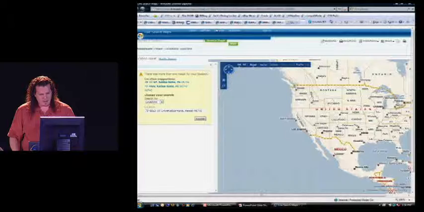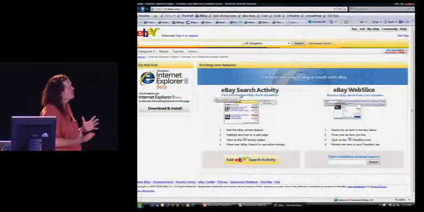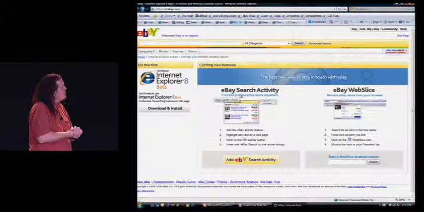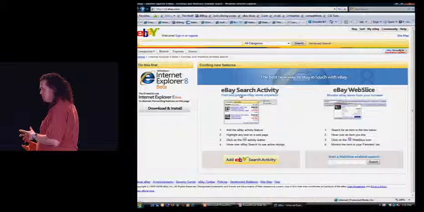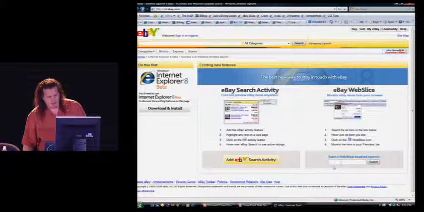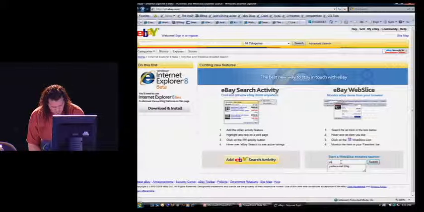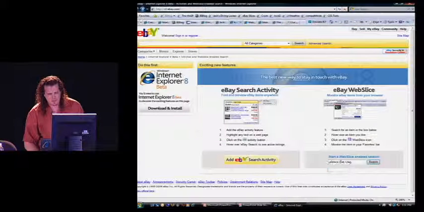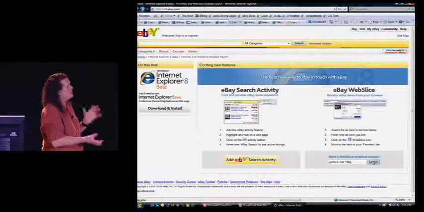So now I'll go to the demo that I was going to incorrectly before. So this is a web slice enabled version of eBay. And since my other real passion is cameras, I keep wanting to get one of these old medium format cameras.